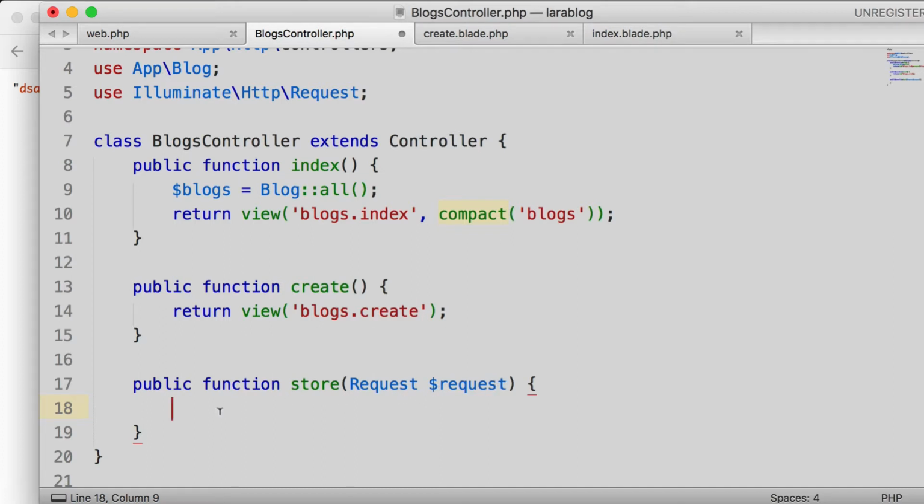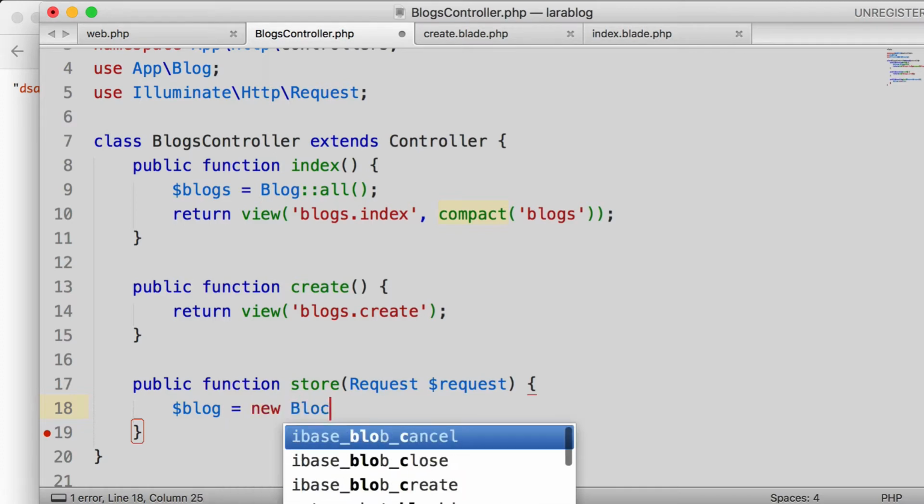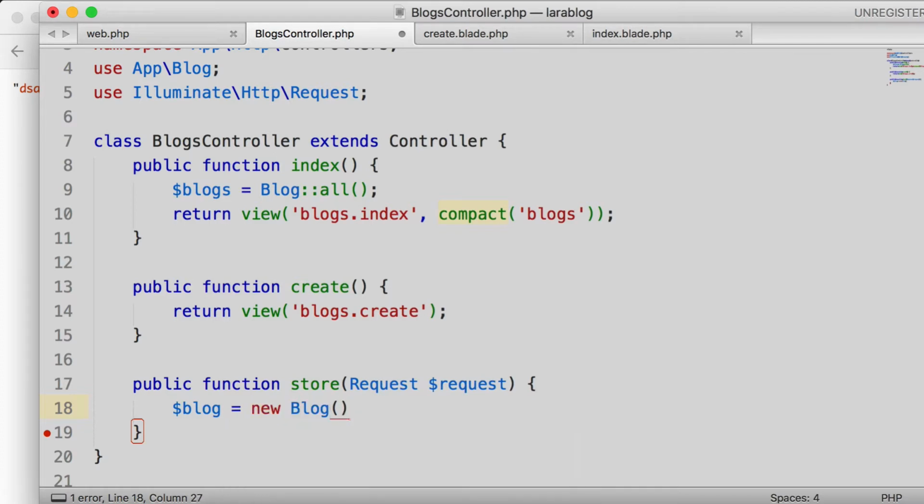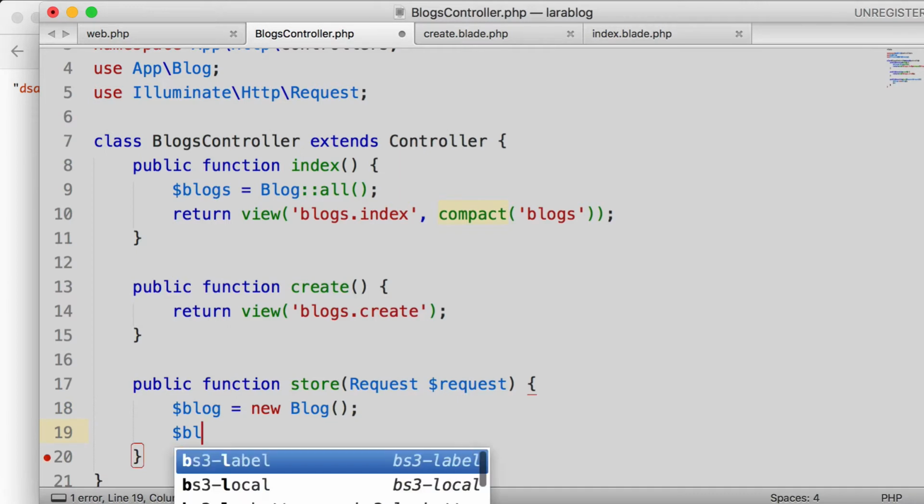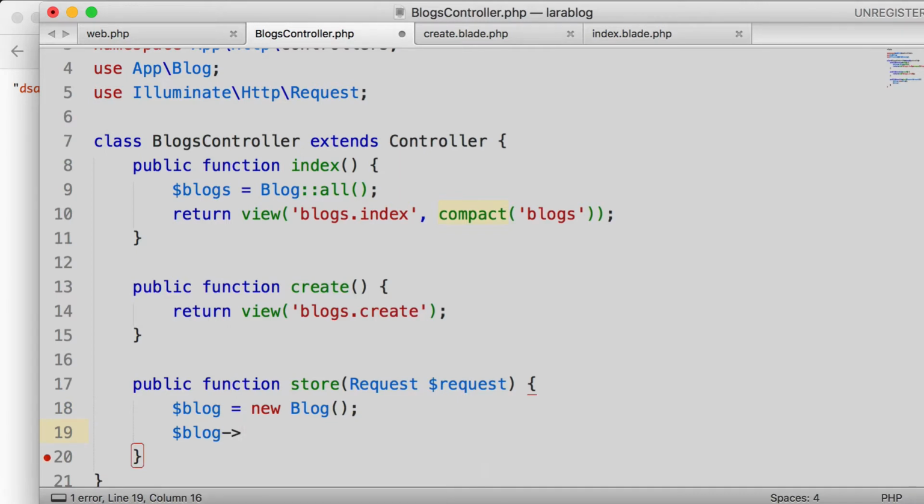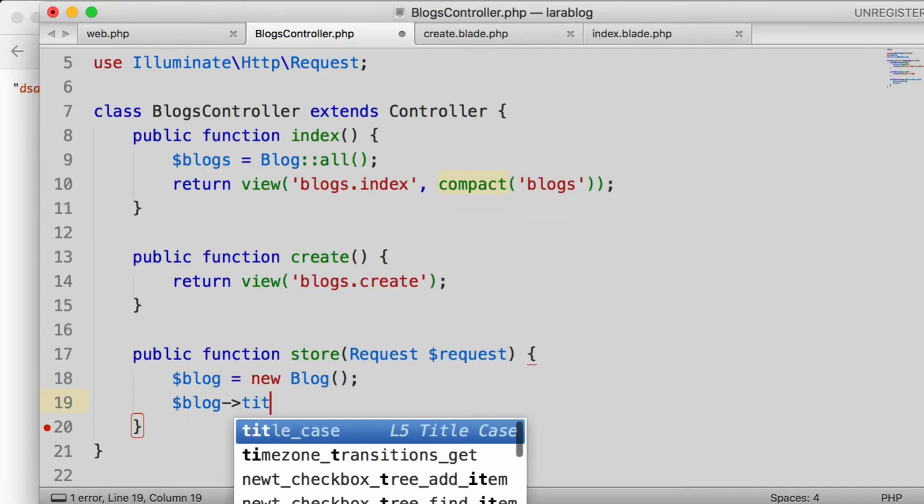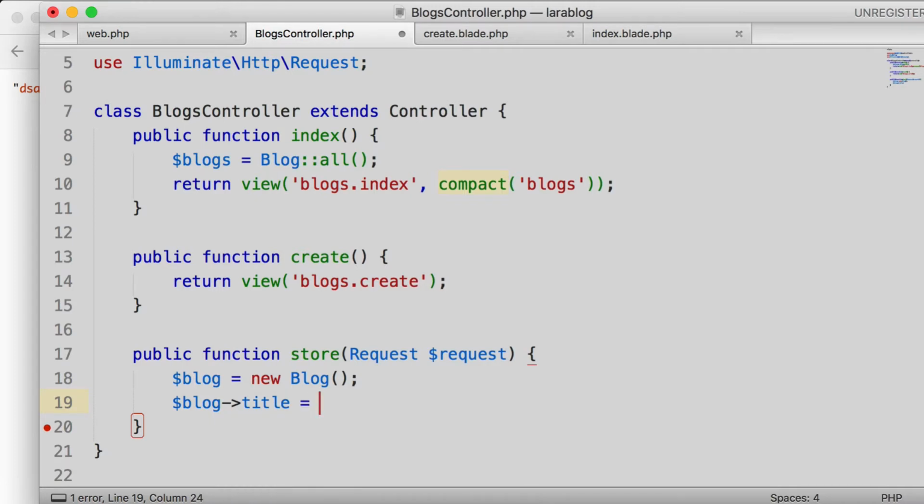So what I can do is create a new instance of blog. We have this blog here, and we're using the use keyword to get the blog. So I can create a new blog: blog equals new instance of blog. And just like we did in Tinker earlier, blog title equals